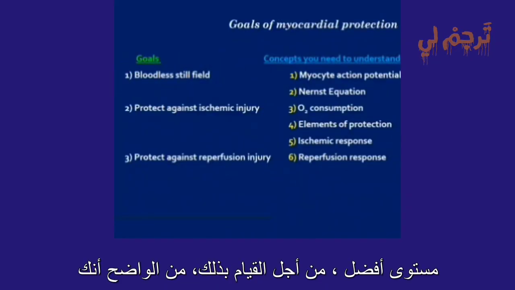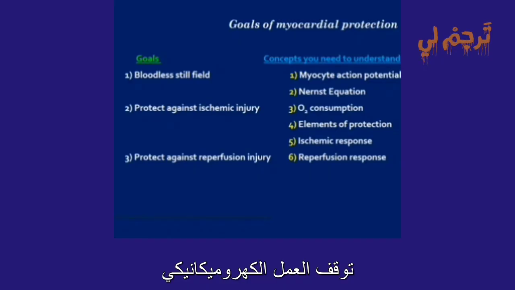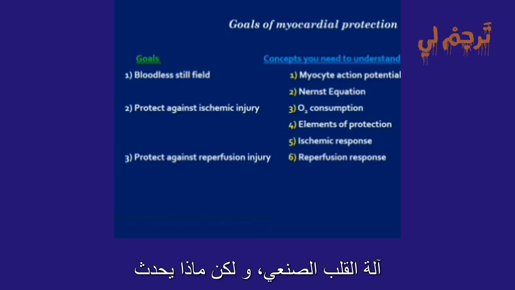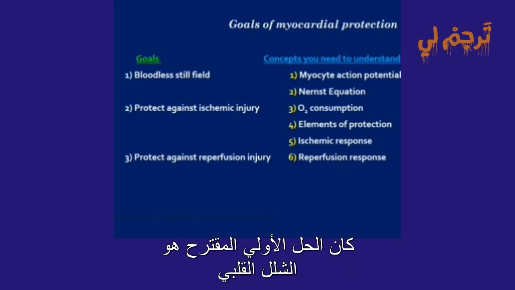In order to do that, you will obviously stop the electromechanical action of the heart, which will comprise the heart being ischemic. So the rest of the body will be deprived of blood. We overcome that by the bypass machine. However, what happens to the heart itself? The first initial solution proposed was